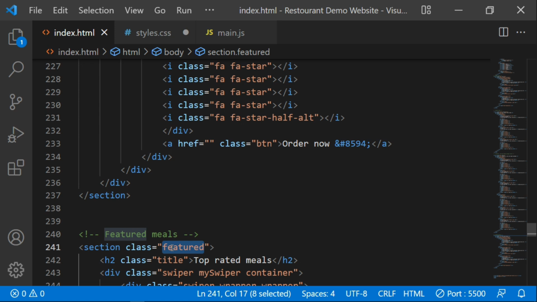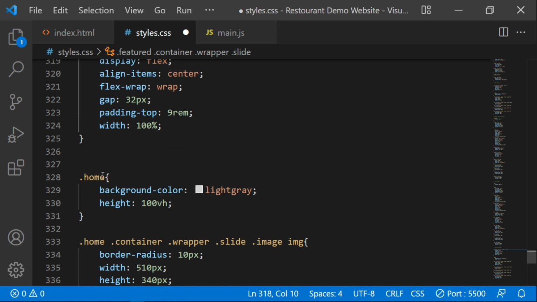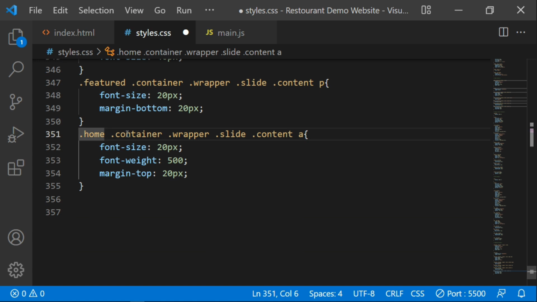Let me copy it, and then to the CSS, guys, I'm going to replace it with what? Let me replace it, and I give it a featured here. Replace it with the featured. You begin with a dot. Also here, guys, let me give it a featured,